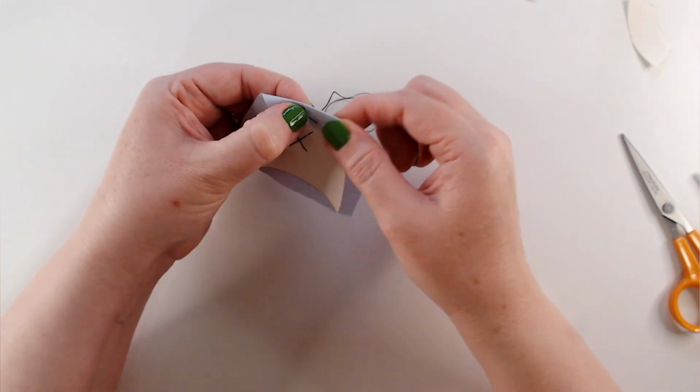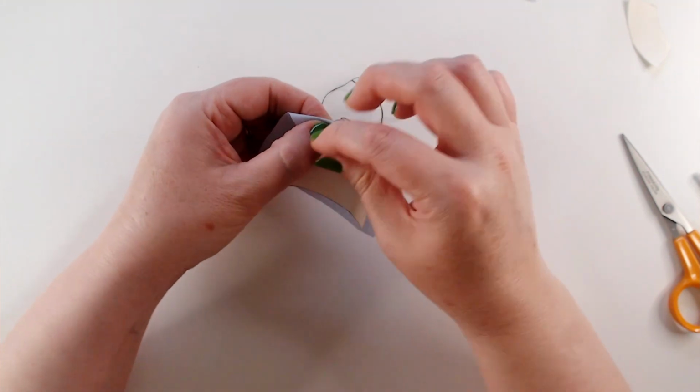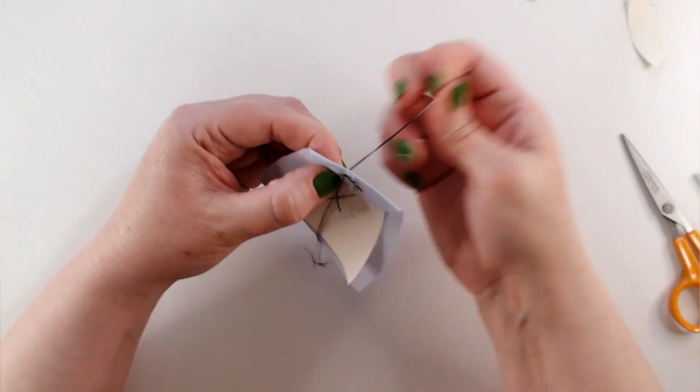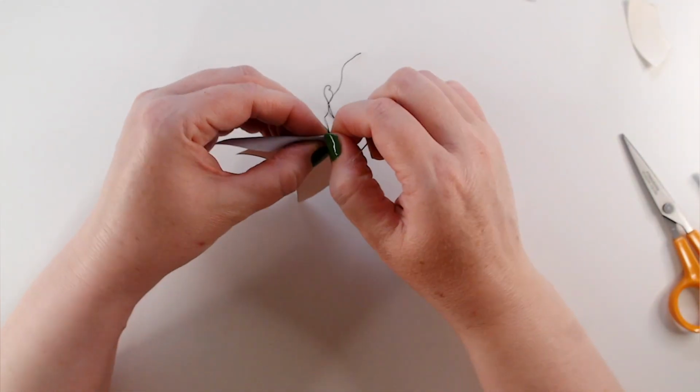I've got a curve at the bottom of this pot. You can see me there just pleating the blue fabric with my thumbnails and putting stitches over the top to hold it in place. And I work like that all the way around,